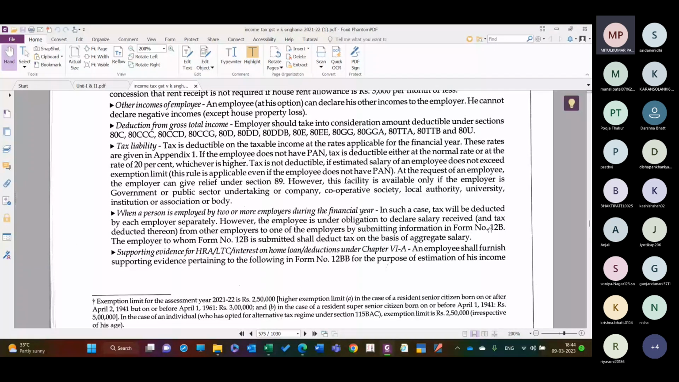That information should be filled up in form number 12B and it should be submitted to the employer. The employer to whom the form number 12B is submitted shall deduct the tax on the basis of the aggregate salary. So according to that, TDS has to be deducted on the aggregate salary. Why it is important to learn this: suppose you work in a company,